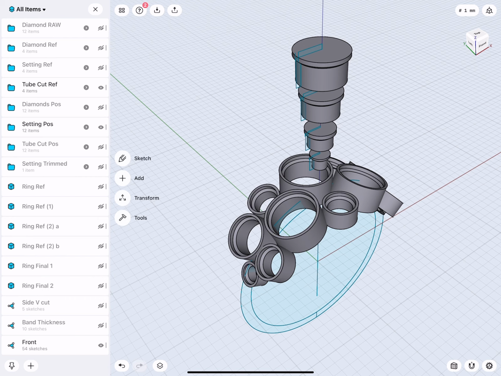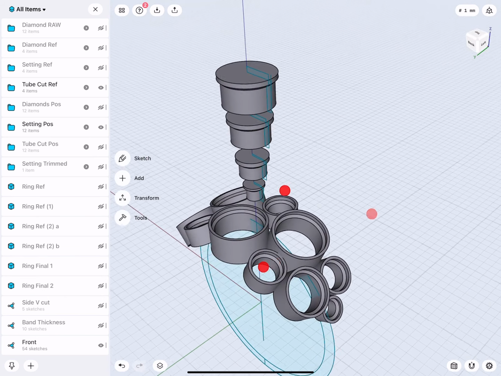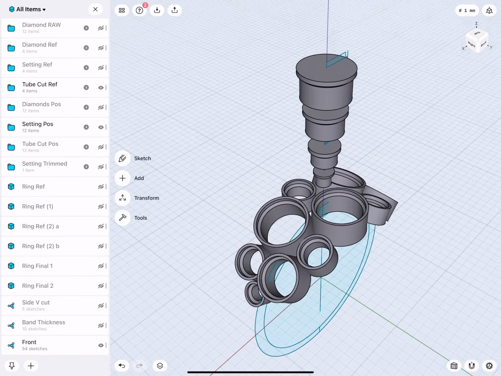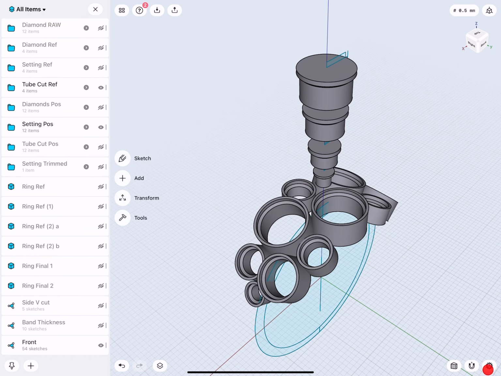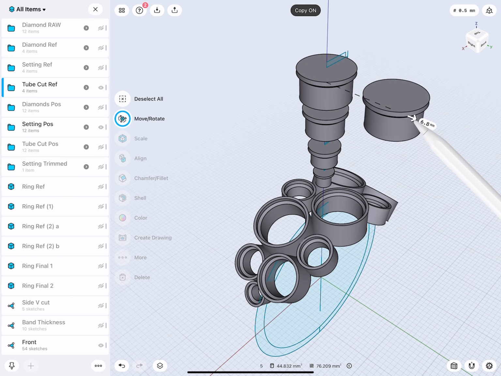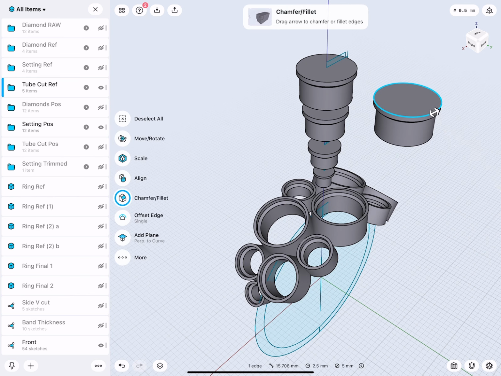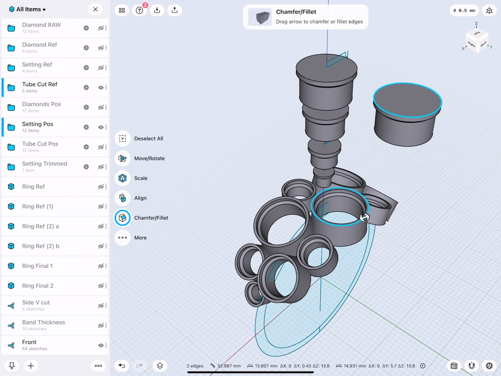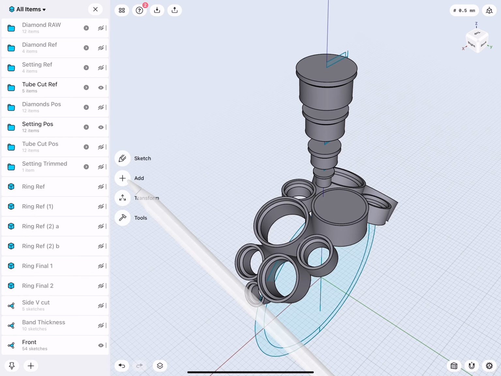Now, you can obviously also from the beginning make a copy of a diamond, of the tube cut element and the bezel setting tube itself. If, for example, you did not, this is actually a really nice example to demonstrate how well Shaper's alignment tool works. I make a copy of this, then I select the ring, select a ring, and say align. And that's it. Pretty amazing, no?